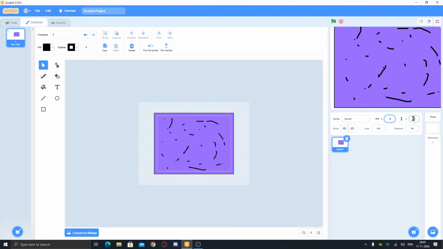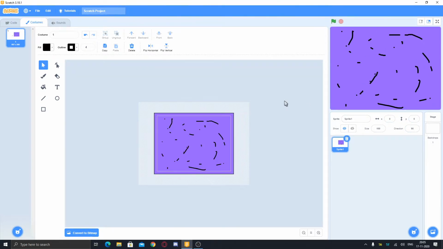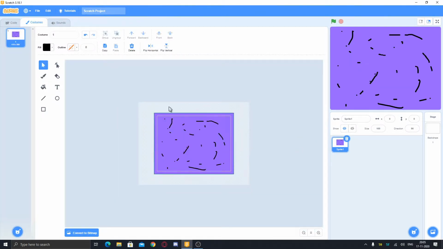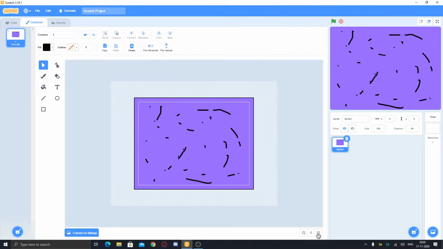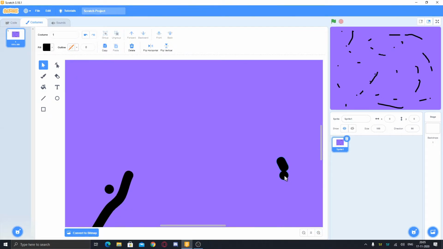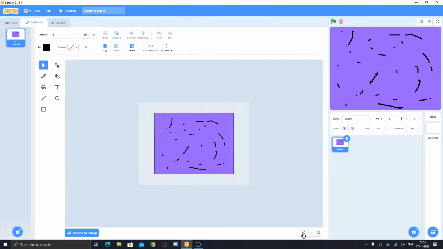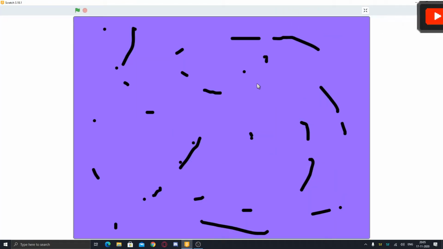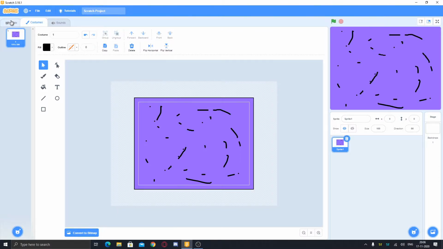Then set x and y to 0. Now you can see I have this all set up. So now go to code and let's get started with the coding. So first of all, we need to make this a big map. So take it as a map, and our sprite is very small, just like this dot. And we want to move all the way in this map, but we want this bigger than the stage. So we can use scrolling for that.